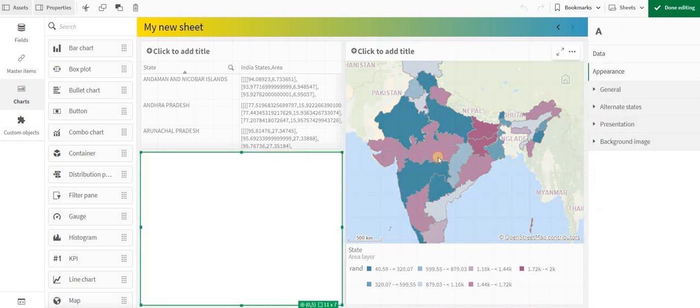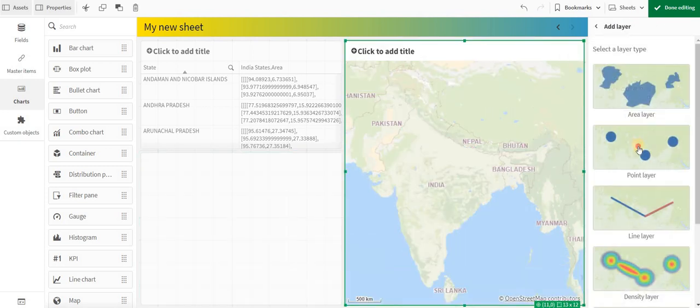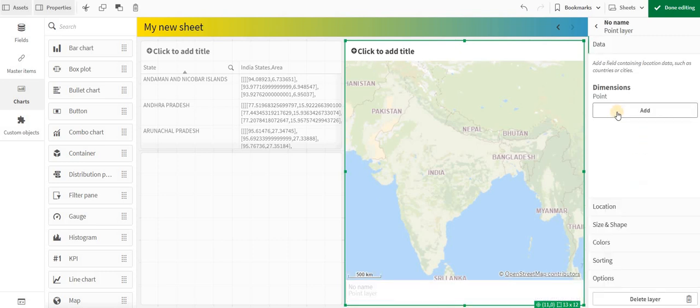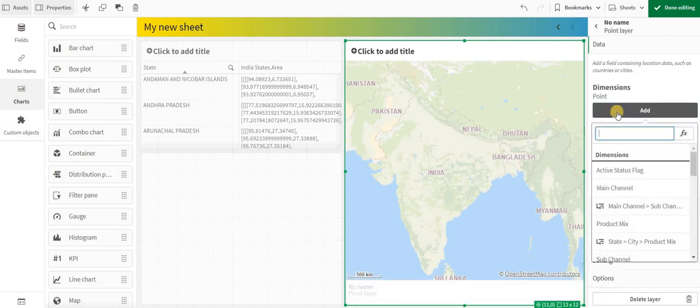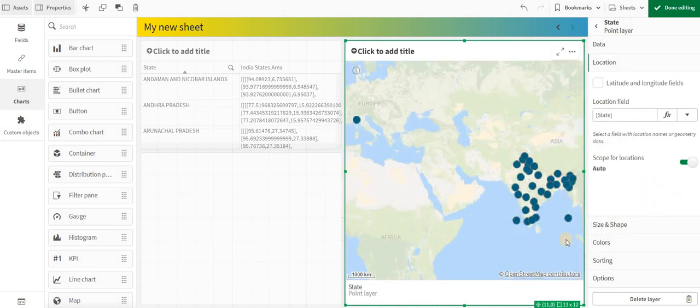Again, you can add or remove and try using different types of layers. So I am trying to add another type of layer just for demonstration purposes, states. As I told you, it will just give me a pinpoint for my states,